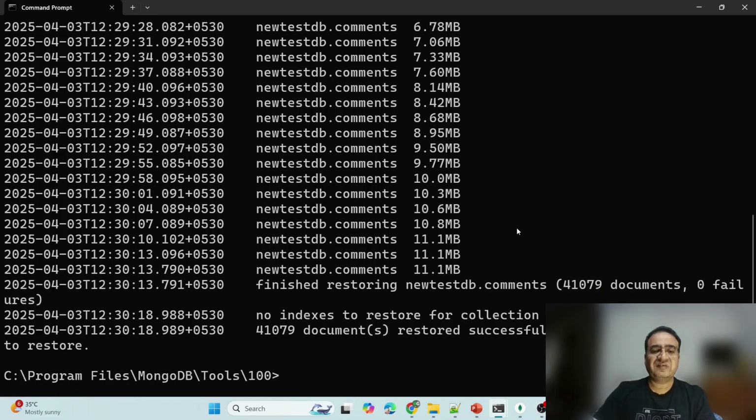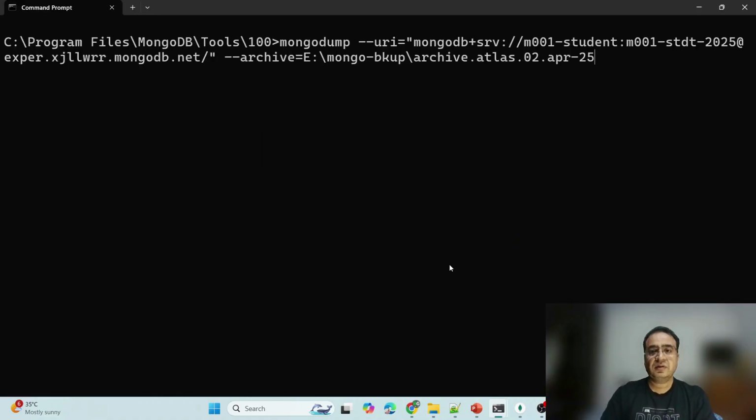In this example, because I have taken the sample database, I'm sharing that command only. So this is the command, mongodump, same path, mongodump URI connection string. Here I will change the date, and I will run this command and you can see